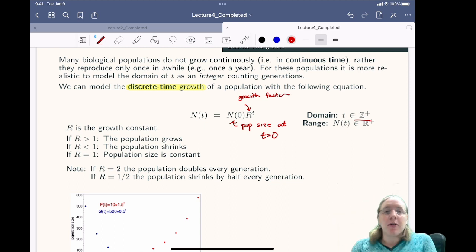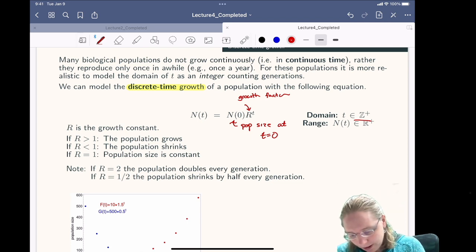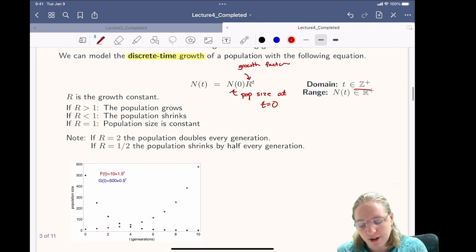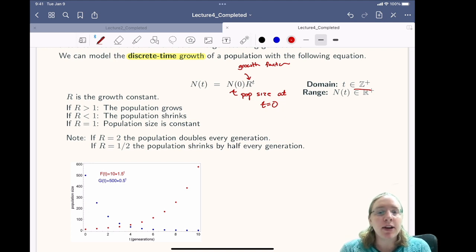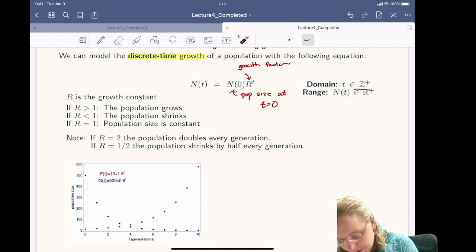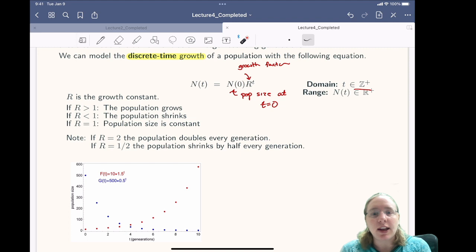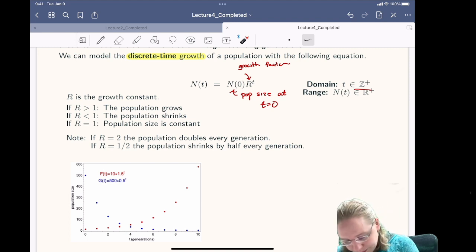Okay. And so if r is greater than 1, then our population is going to get bigger over time. If r is less than 1, then the population is going to shrink. So in particular, consider the case when r is equal to 2. Then that means that every generation, or whatever t represents, the population is going to double. So if t is every year, and those represent our generations, then as we go from